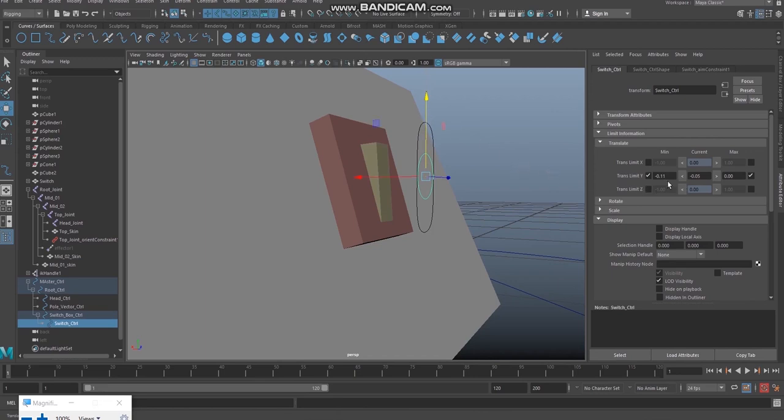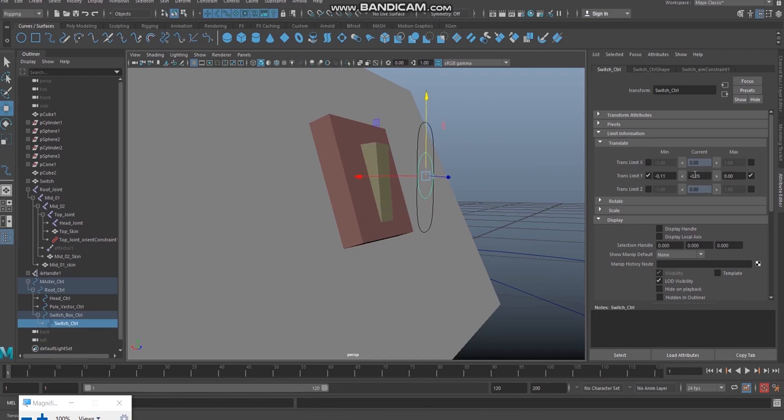Now when coming down, you can see the current value changing from minus 0.3 to minus 0.5. So the minus value is the downward movement of y. I'm keeping it here.